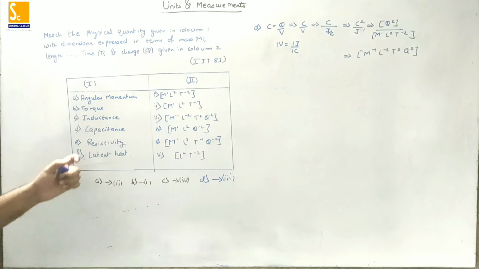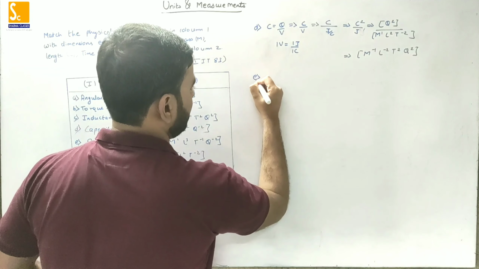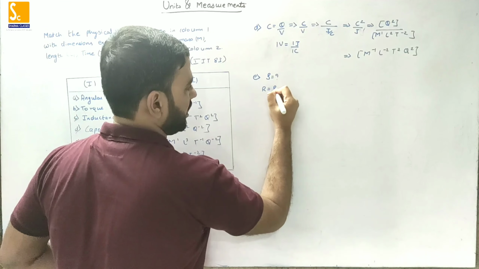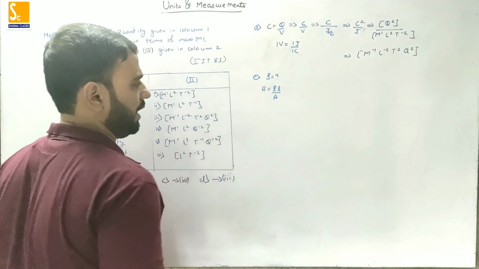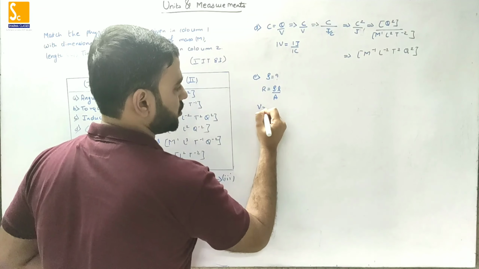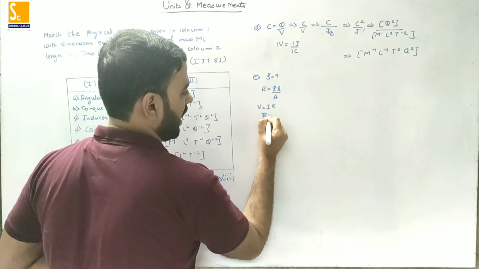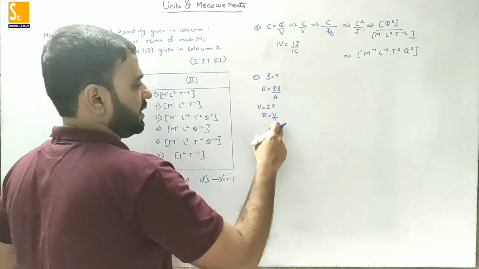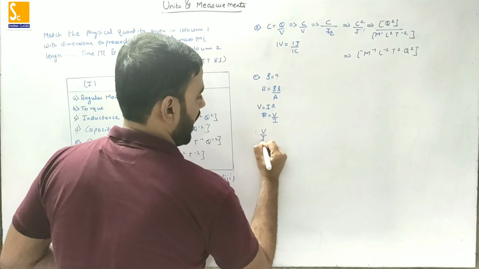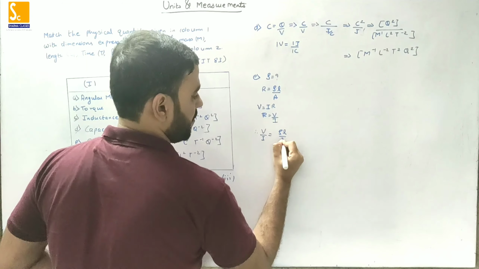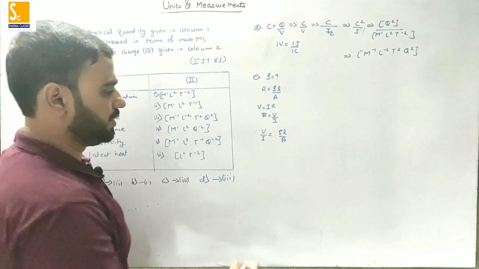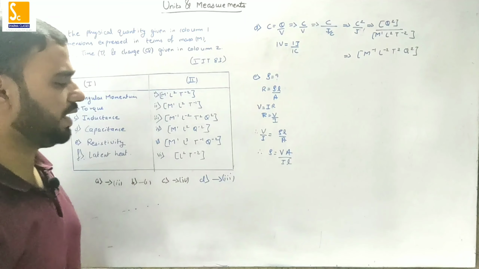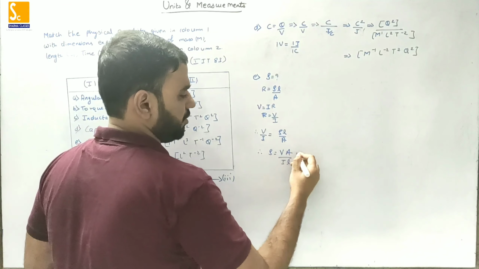Okay. Next we'll move to the E part. E is the resistivity. Let's see what is the formula in which resistivity comes. We know that R is equal to rho L by A. According to Ohm's law, V is equal to IR. So can I write R is equal to V by I? Left hand sides are equal means right hand sides are also equal. So therefore I will write V by I is equal to rho L by A. Correct? So therefore can I say that rho is equal to VA upon IL?